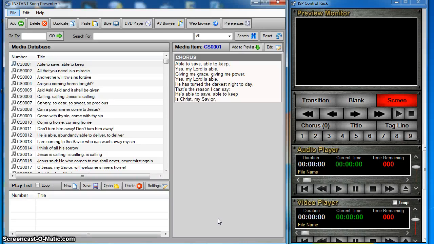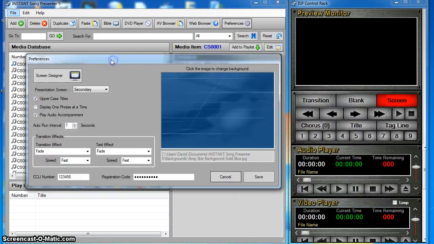In this short tutorial, we're going to take a look at the preferences for Instant Song Presenter, which is basically the default settings that will apply to all items in Instant Song Presenter. So we're going to start by going to the Preferences screen by clicking on that button. It pops up a window that has all of your preference settings here, which basically corresponds to the default settings